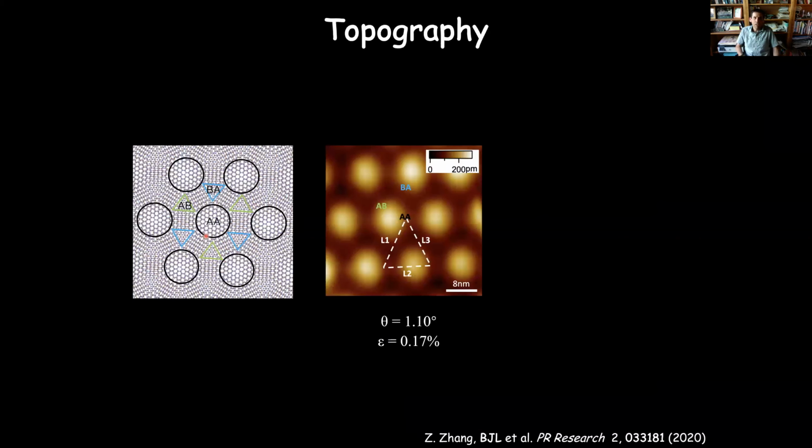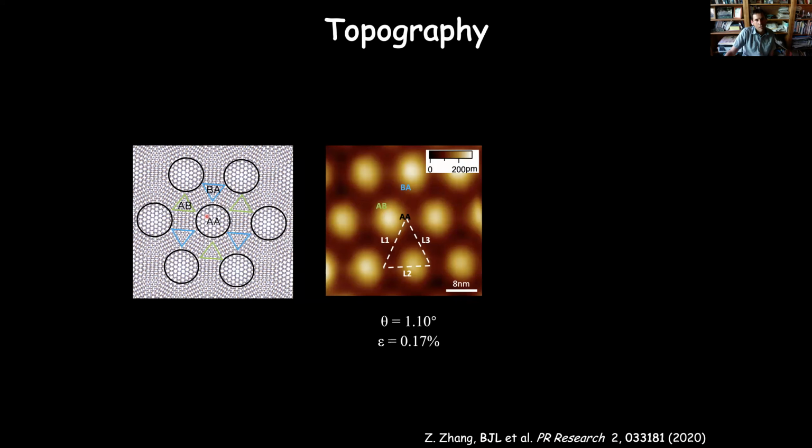And so the first thing we can do is start with a simple topography measurement to look at what is happening topographically in the Moiré pattern here. What you'll see here is that there are bright regions separated with dark regions around here. I think these labels all got shifted a little. The bright regions should be AA. This is AB here, and this is BA.